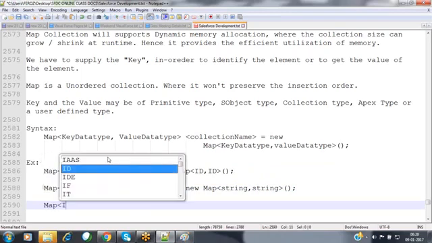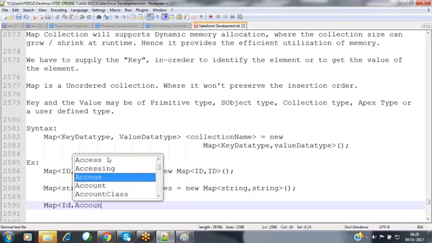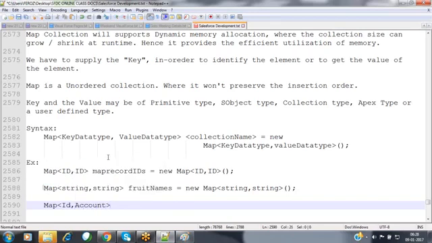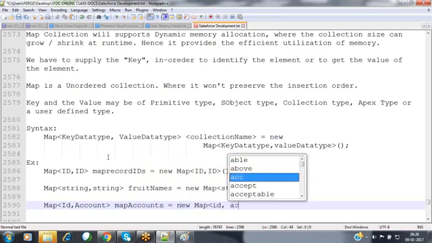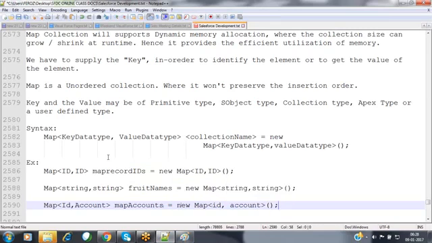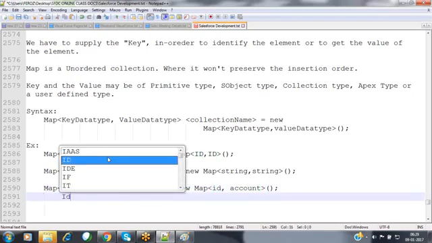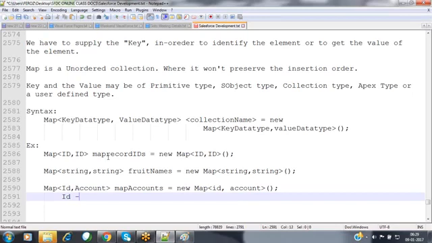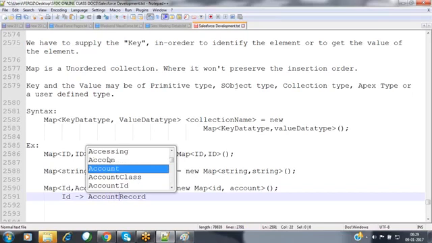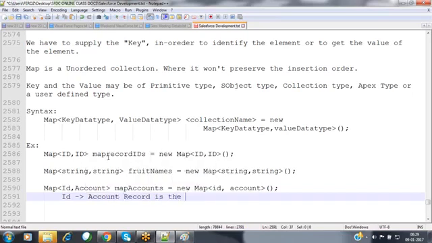I'm storing map of ID, comma, account. Map accounts equals to new map of ID, comma, account. So what does it mean? The account record ID is the key, and the whole account record is the value here.